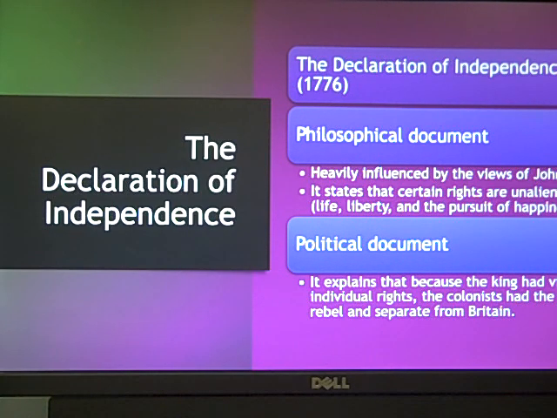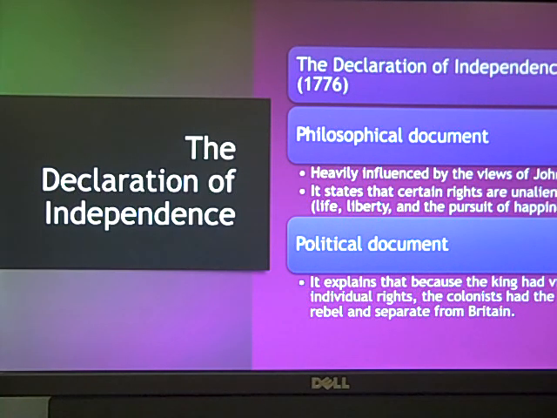1 is life. I can't murder you. Make sense? 2, liberty, freedom. I cannot enslave you. Which is obviously dicey. We'll get there, okay? And then 3, I have a right to property, right? You have a right to property, so I can't just go up and be like, this is mine now. Right? Like, doesn't work that way. Government exists in order to protect your property from me or my property from you. That's it. That's all. Okay? If you've got those 3 things, you should be set in life.